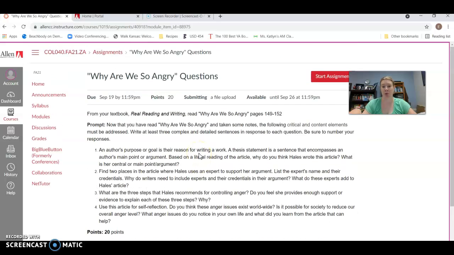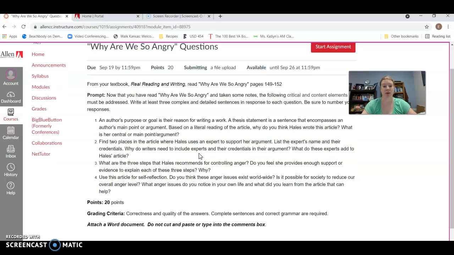You'll type these up in a Word document and submit that file to this assignment, just like you did with the last one. The questions as we go through the semester for the next few reading assignments will get a little bit more complex because we want you to be identifying certain parts of the article, in this case things like thesis statements or pieces of evidence and that kind of stuff. And then as we go through the semester, I'll be asking you for more and more complex things because we're learning more and more about writing.